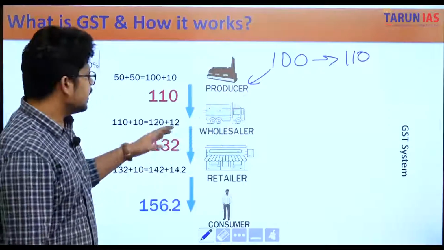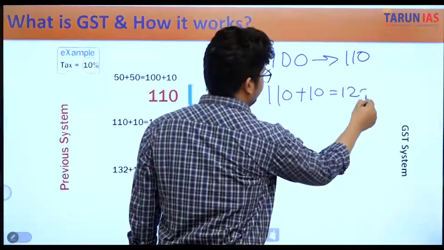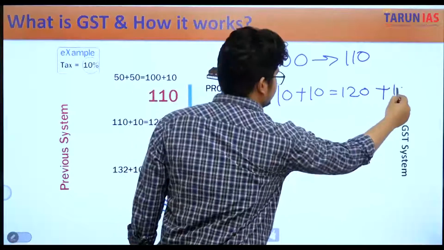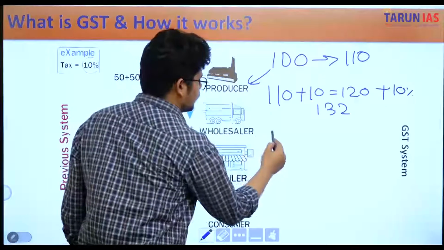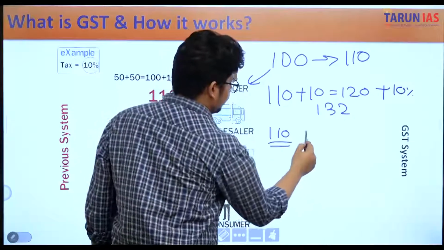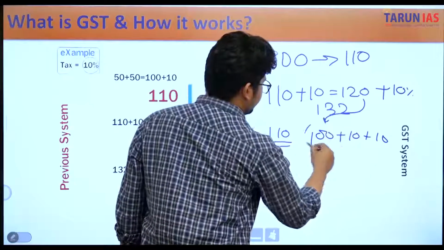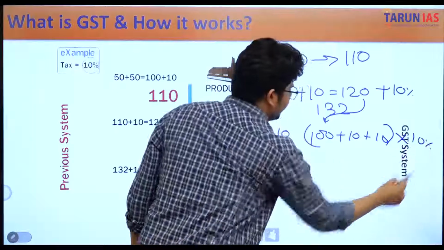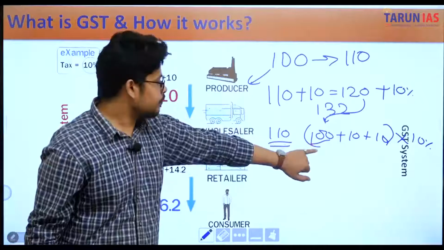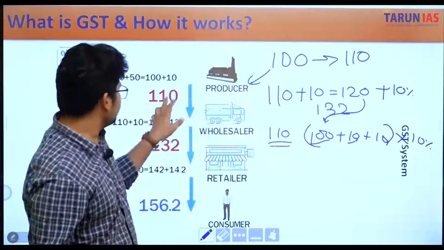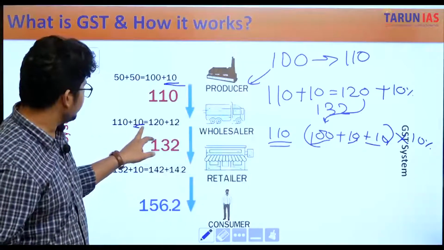Now this guy made a profit of rupees 10 and its cost becomes 120, but the government again imposes 10% tax and it becomes 132. Now if we look at this, 110 is equal to what? 100 plus 10 plus 10, this 120, sorry, into 10%, right? Now you can say that the original profit is being charged at 10%, then 10% of 10%, 10% of 10%, and again 10% of 10 rupees.